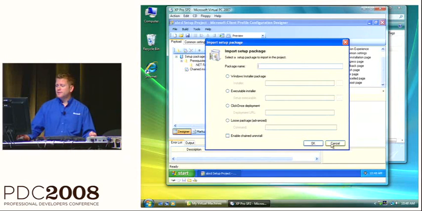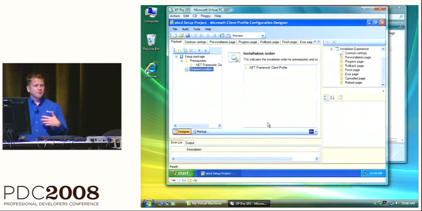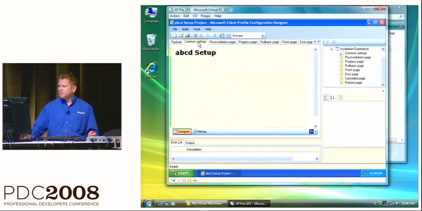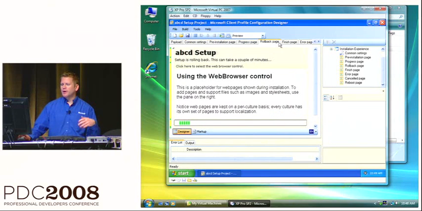So that really gives me a great ability to chain a whole bunch of stuff together, and it provides a really nice, seamless end-user experience. Now, I'm not going to go through all this, but there's essentially predefined UI that exists for your EULA and the setup progress and all these things that are going on. And then once you build your package,